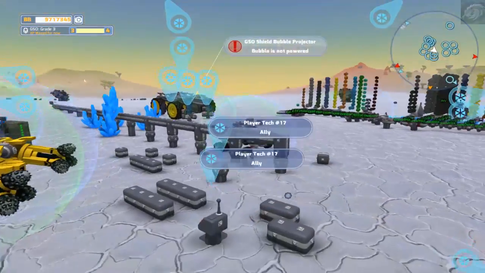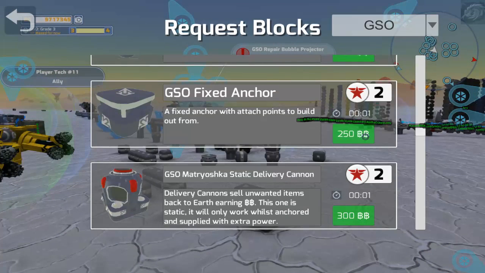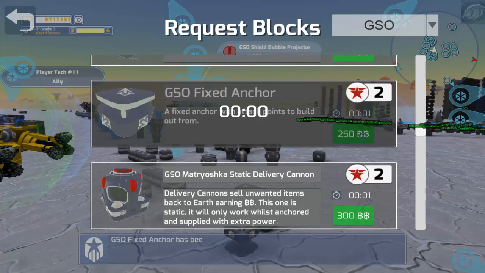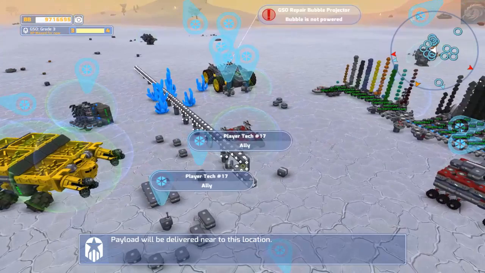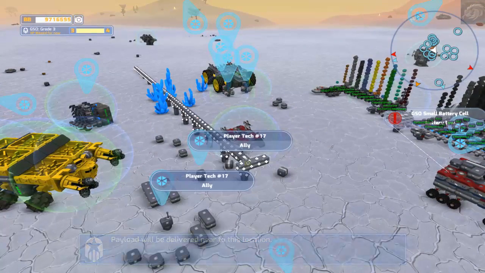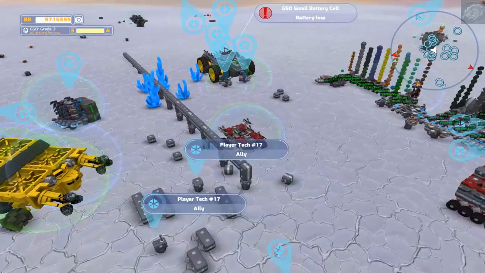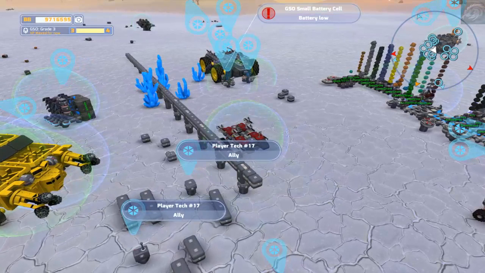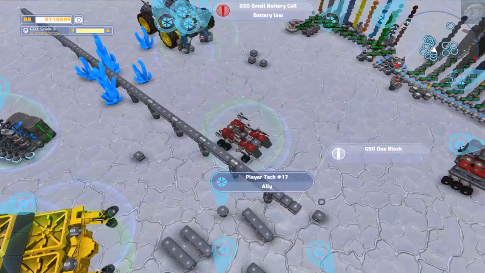Okay, and now we need some more fixed anchors. Also, once I've done this, I'm going to count out how many blocks this actually is. See, now it's having issues. It won't go full length anymore. So we're near the limit. 1, 2, 3, and then the 4th is the end. Okay, so